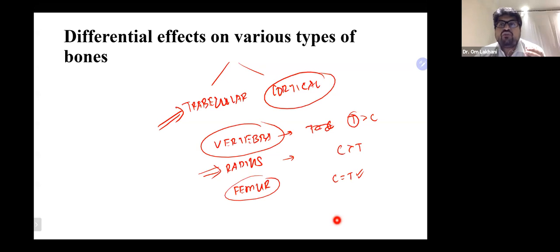So again, for endocrinology residents who are listening to this, this is a very important lesson you have to understand: teriparatide tends to have a differential effect on different parts of the bone, and hence it will definitely reduce vertebral fracture. It will in fact heal the vertebral fracture, but it generally does not impact the radius, and this patient will still be vulnerable to develop a Colles fracture, or the fracture of the wrist.